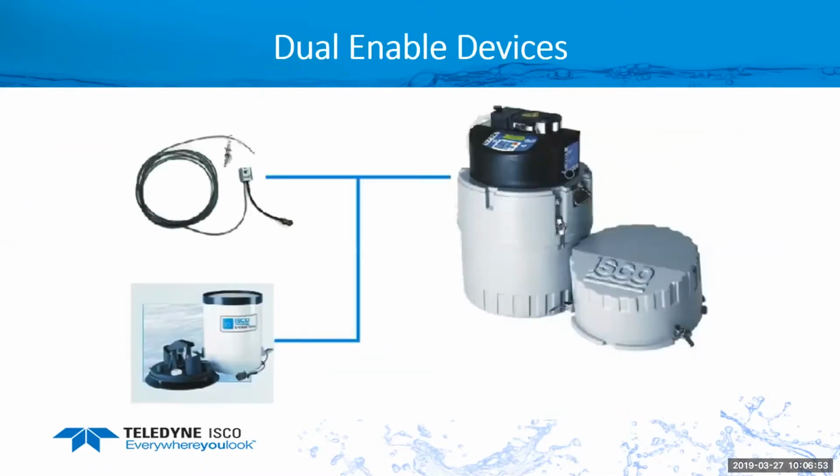To go to the next step up, we could do dual enabling sampling. So we're still using the liquid level actuator for our water level, but we can add a rain gauge as well. With the addition of a rain gauge, we can actually see when the storm comes in and starts. But if we just go basically off the rain gauge only, the problem may be that we don't have enough water that covers over the